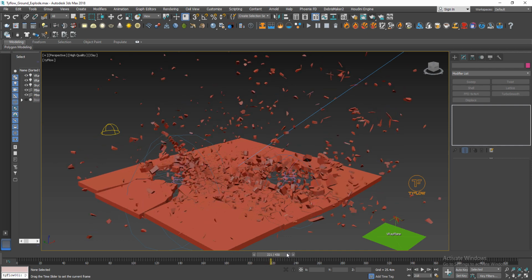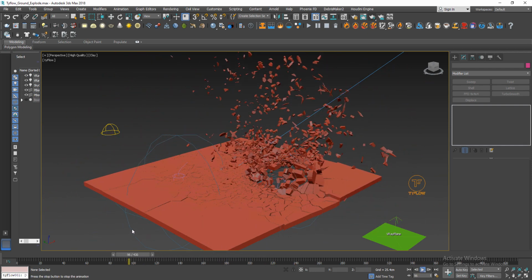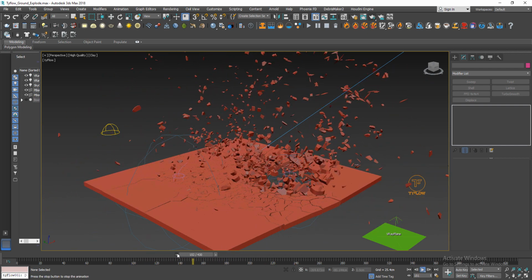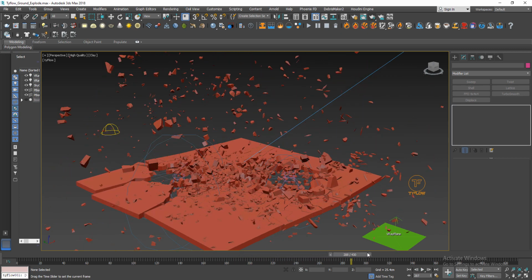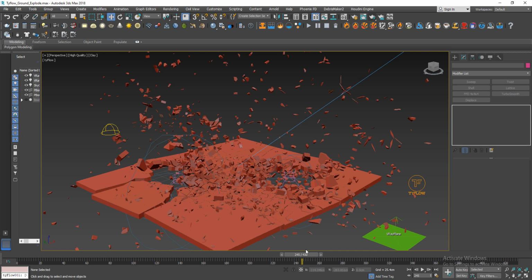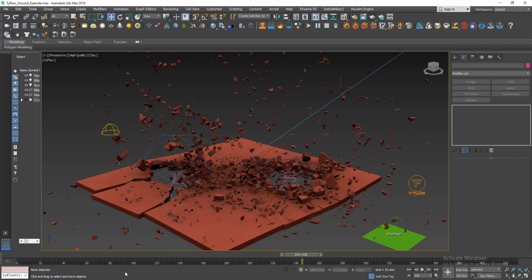And in this one I'm going to be showing you guys how to create this awesome ground explosion effect using Tyflow, which we're going to be taking a look at. And this effect is actually inspired by one of the videos I've done a while ago, and I posted